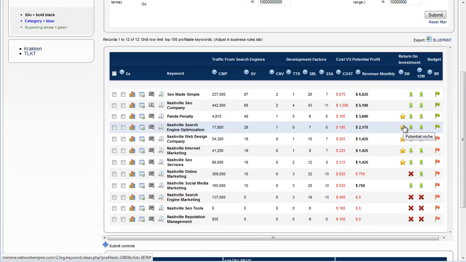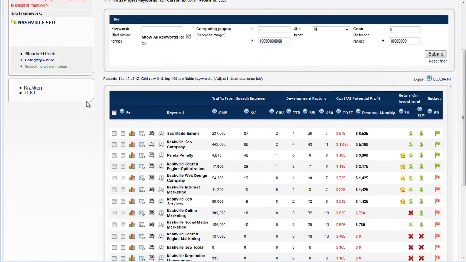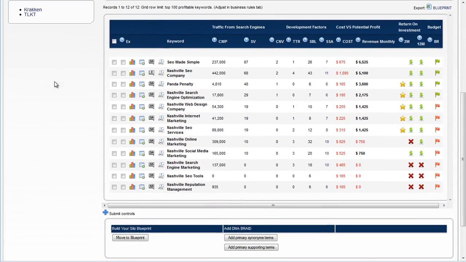There's just not enough traffic and money to support those ideas, and some of those were national concepts as well as local concepts. Okay, so with all of that having been said, and we know that this is possibly not the most viable marketing opportunity in the world, let's just sally forward and make the best possible website that we can out of this. All right, so SEO Made Simple, that's not really what we're looking for.